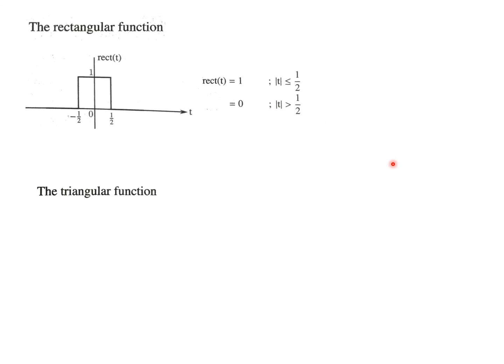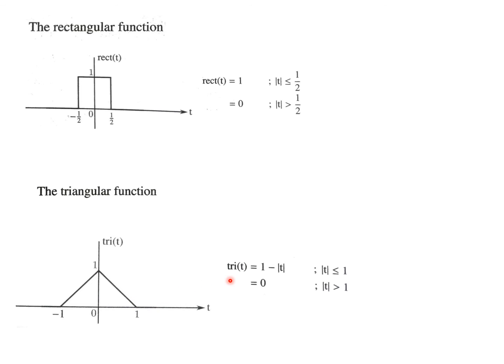The next function I want to discuss is the triangular pulse. A triangular pulse has a shape like this. It is a pulse, a single event phenomenon that lasts only for a certain amount of time. It is defined from minus 1 to plus 1 and its peak value is 1, occurring at the origin. It has a positive slope and an equal negative slope. That is, the slope is plus 1 when it increases and minus 1 when it decreases. So its equation is tri t equal to 1 minus mod of t for mod t less than 1, and 0 for mod t greater than 1. Here tri stands for triangular.